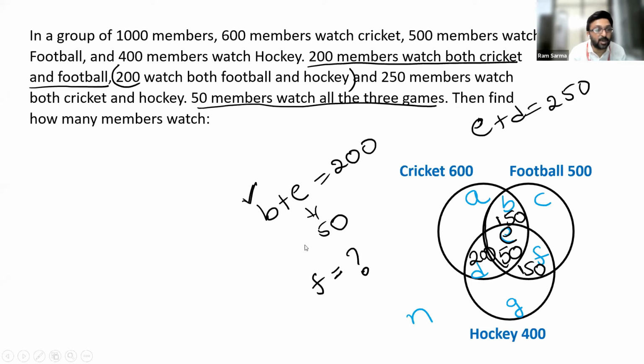Now, can you guys help me find out the value of A? Can you write it in the chat box? What should be the value of A now? I know that A plus B plus E plus D is 600. Robert said that A is 200. Karma said that A is 200. Very good. So the sum of these four values should give you 600. 150 plus 50 plus 200 is 400. So A should be 200. Wonderful. Thank you guys. Now, can you help me find out the value of C? What is the value of C now?